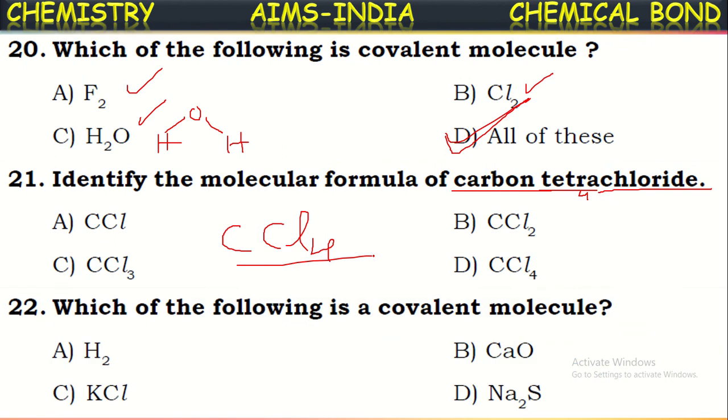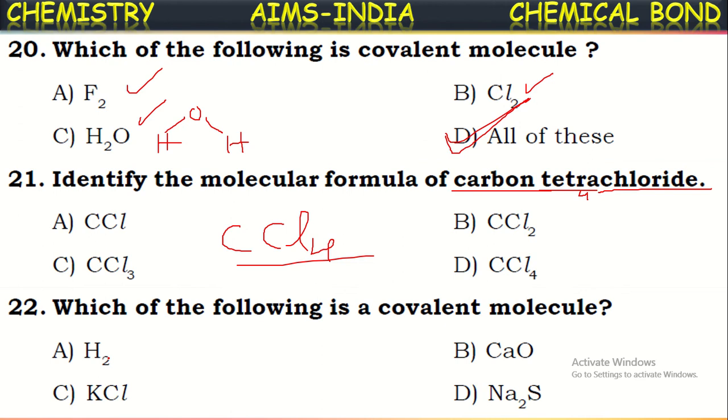Right? Next one. Which of the following is a covalent molecule? How to say whether it is a covalent molecule or an ionic compound? If the bond or molecule is formed between electropositive and electronegative atoms, then obviously it will be an ionic compound. If it is formed between atoms of the same electronegativity or between the same atoms, then the molecule will be a covalent molecule. If you see the hydrogen molecule, here the bond is formed between the same kind of two atoms,